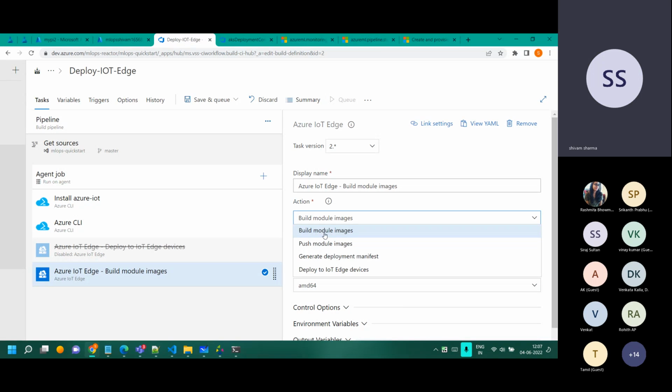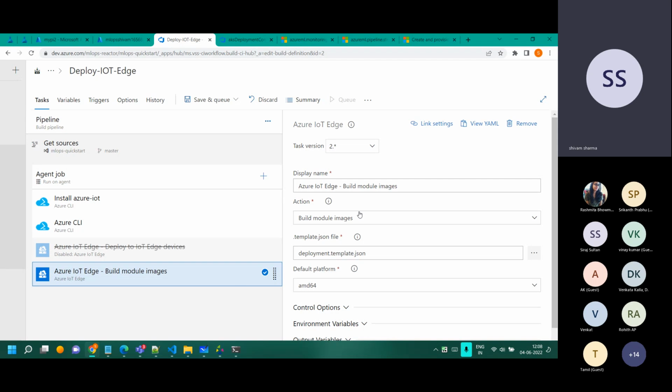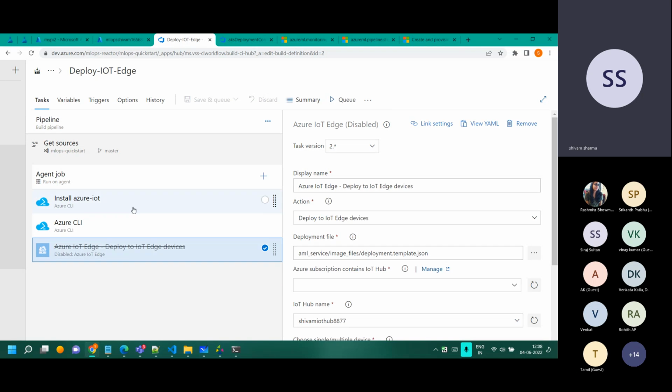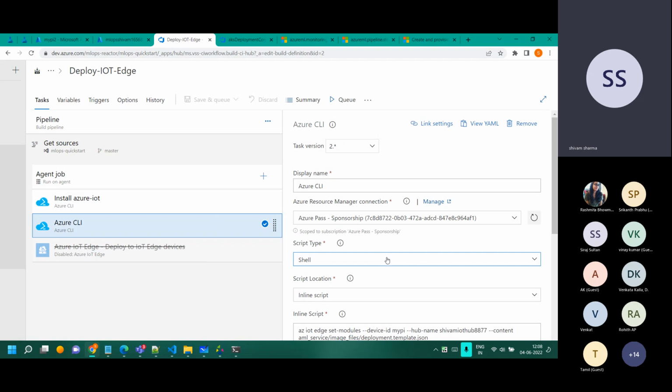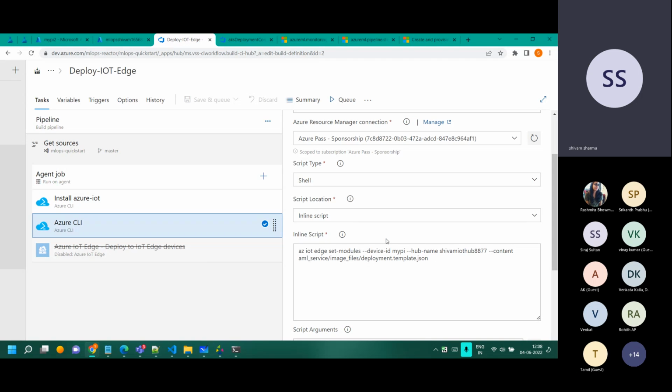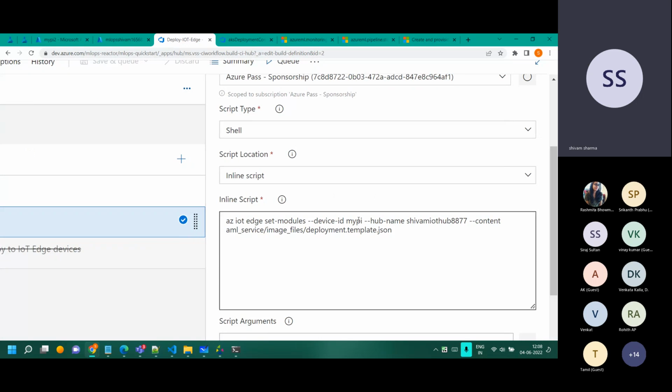The build process and all of this is already done for me in my configuration. That part is already done. The image is already there, and I'm doing the deploy part. So I have not done the first two parts. Similar concept: install the Azure IoT Edge in the Linux machine this time, and then inline, what we are doing is, that's the name of my device, called MyPi. That's my IoT Hub name. Parameterize it. There's the configuration file which is actually getting deployed right now.